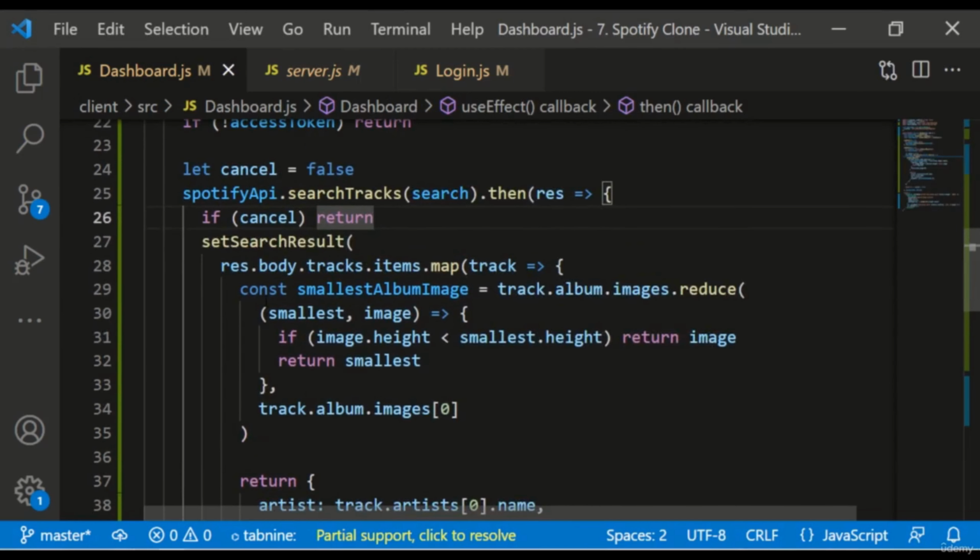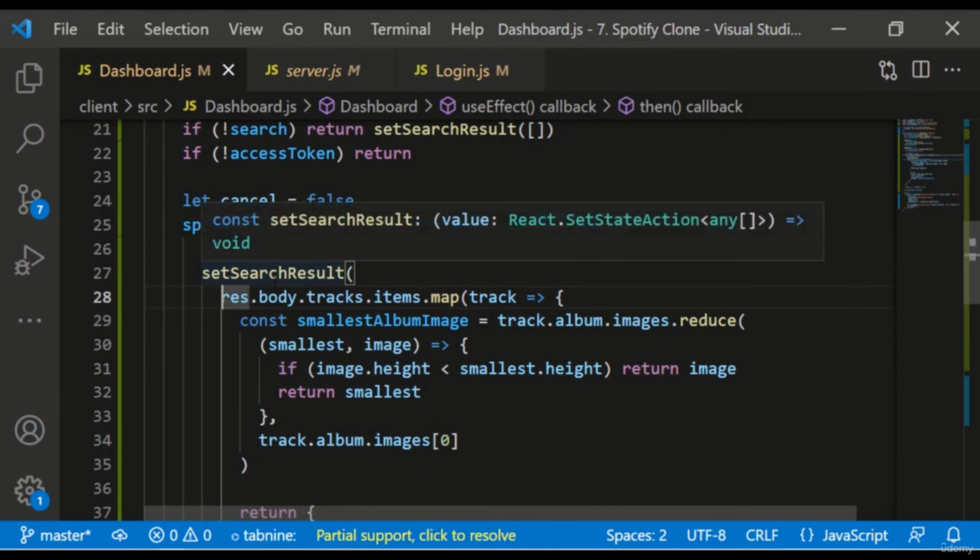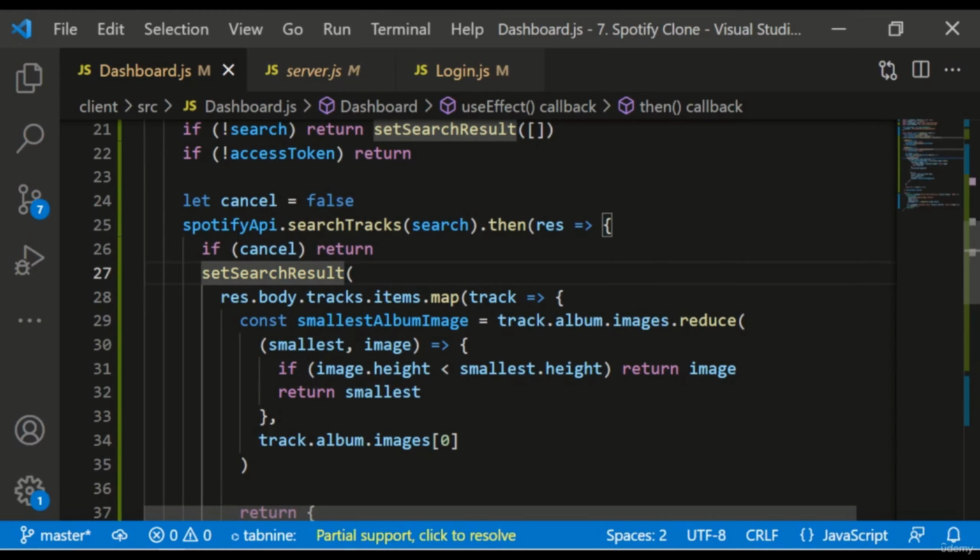So if we come to the dashboard, there is a problem: if we search, we get the result as we want, but there may be a delay in getting the result, that is, the later result might come after a delay, and we cannot fetch all the details instantly at the time of searching. But to avoid or fix this problem, what I can do is